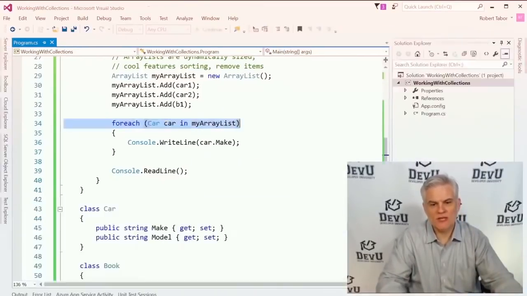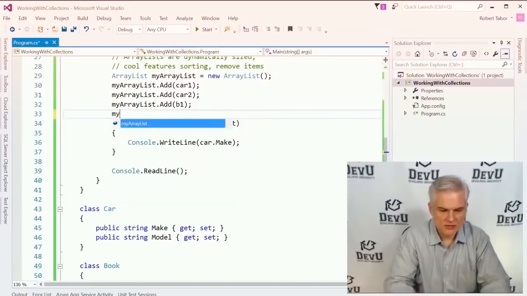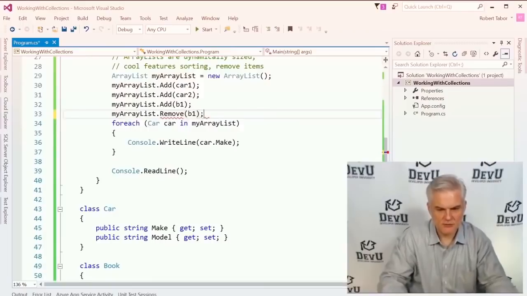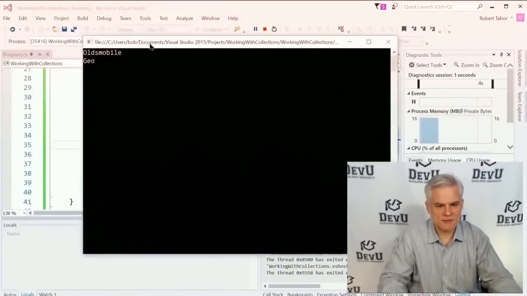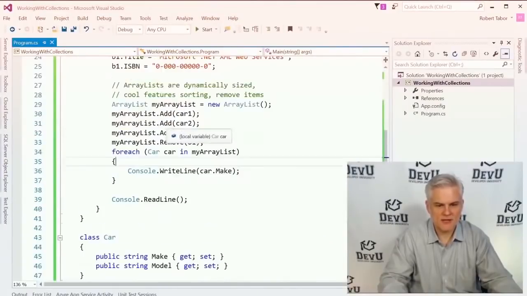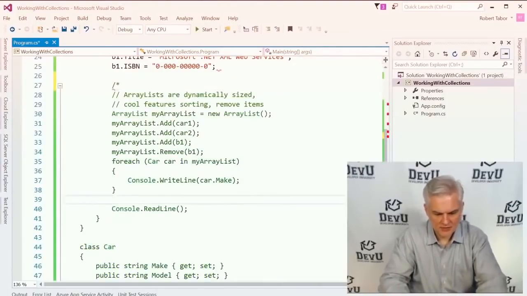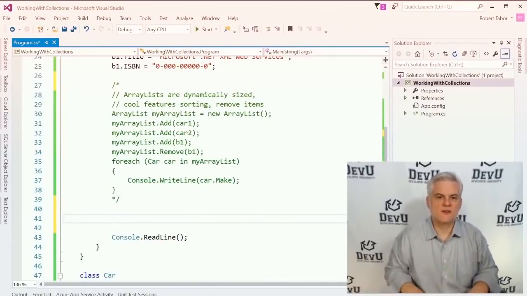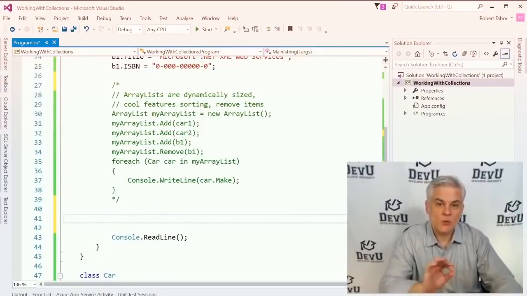So we cannot work with these collections in a strongly typed fashion. Now what I can do, and one of the neat features here, is that I can actually remove that item prior to going into that foreach loop, and we should just be able to execute the application without problem. All right, so that is at least one of the good benefits there. But unfortunately, the downsides outweigh the benefits, and so let's go ahead and take a look at the newer style collections. The first I said was that we were going to look at a list, and more correctly we're going